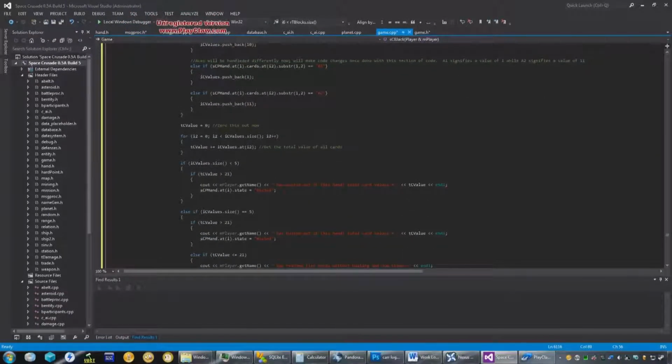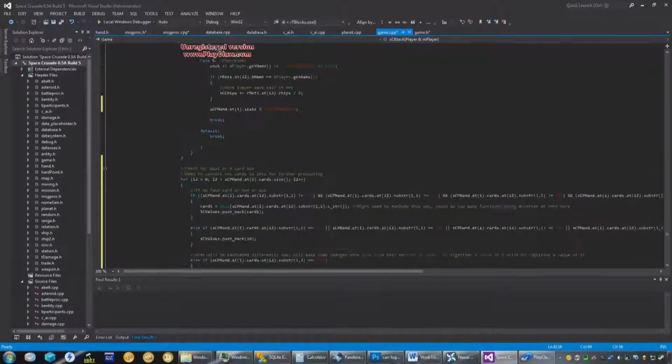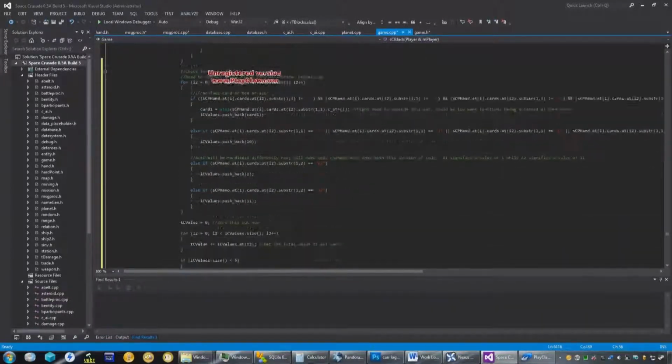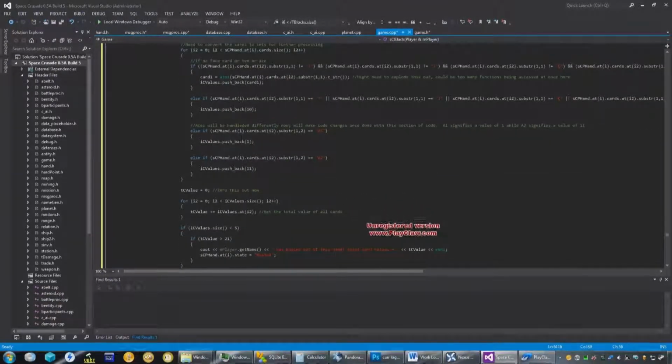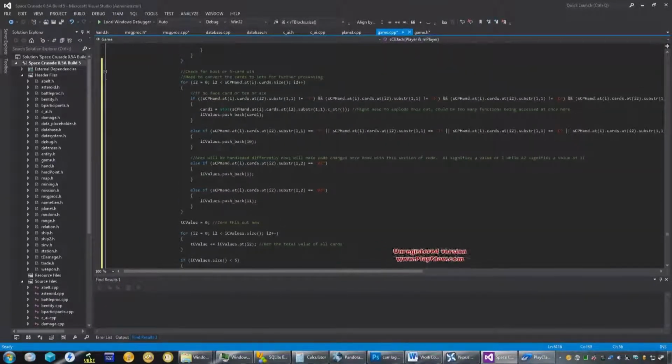A1 means the ace is worth 1 point, and A2 means it's worth 11. If the substring comes up with an A1, then that ace is equal to 1, and it processes the value as a 1. A2 means 11, same thing, it processes the value as an 11, so 11 gets added to